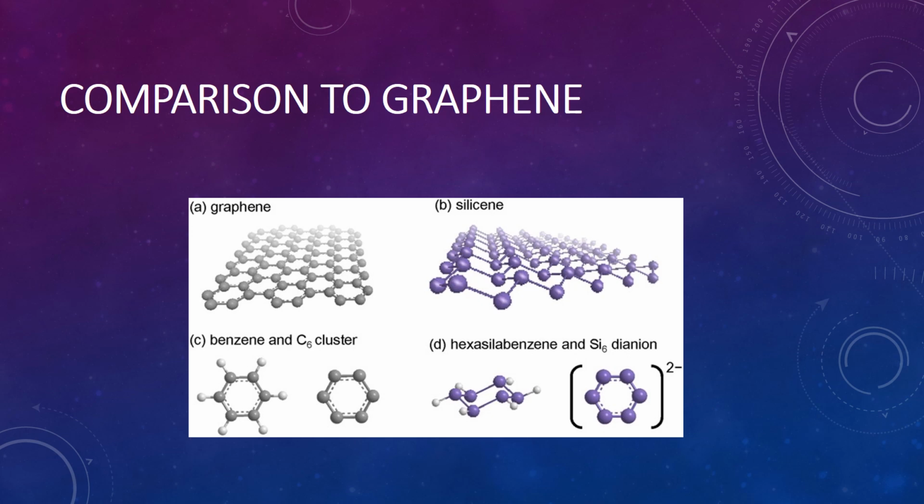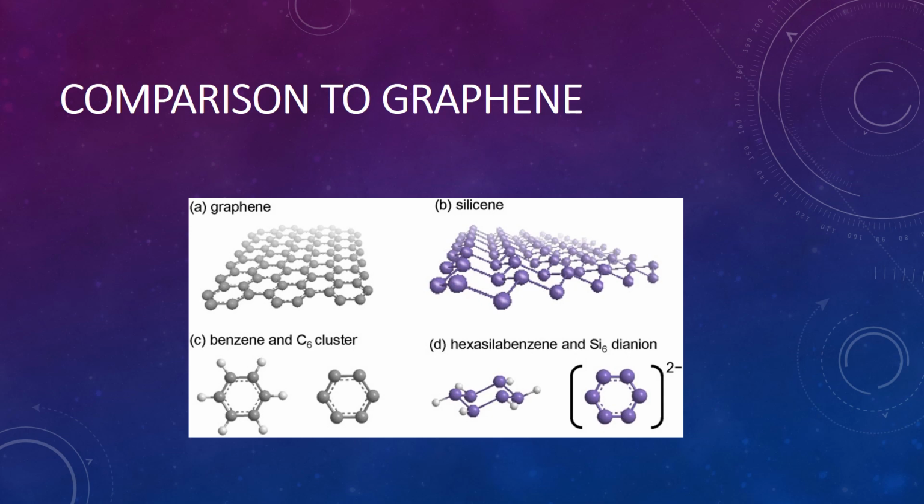And also in the shape, it is similar to graphene in the hexagonal shape, as we can see here in this picture. It's hexagonal, but when we look at it as a plane, the graphene is flat, but the silicene has some